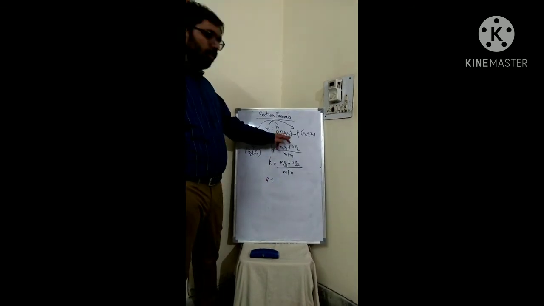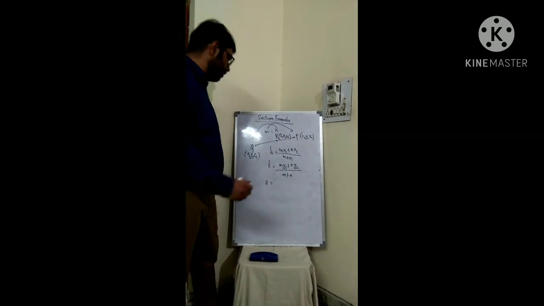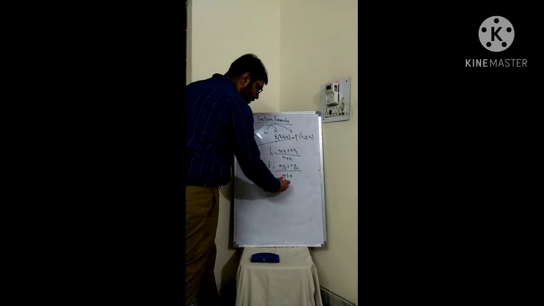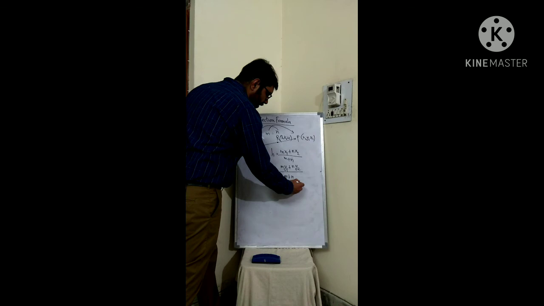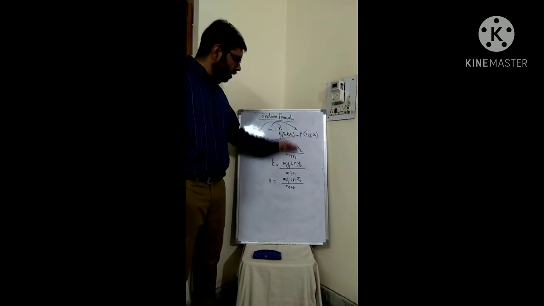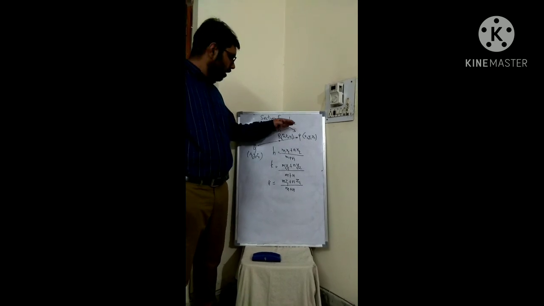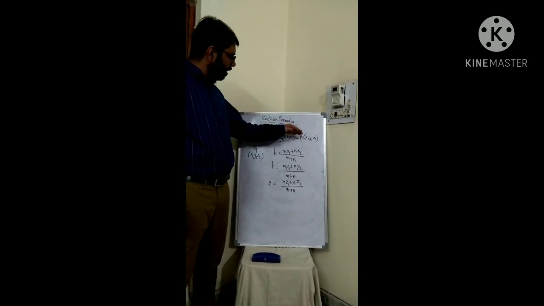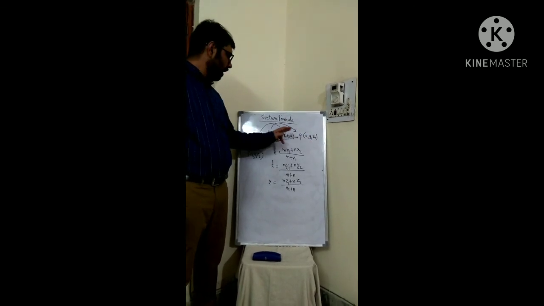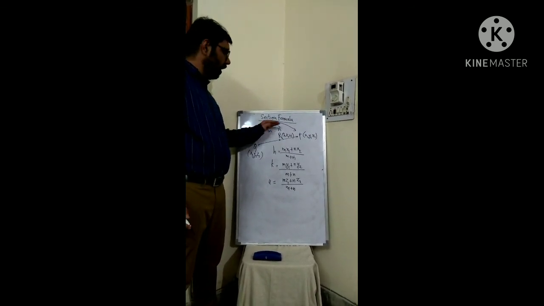And now if I want to find the z coordinate of R, which is u, same thing I'll do, I'll multiply m with the z coordinate here. So m into z1 plus n into z2 divided by m plus n. Okay. So this is a very simple formula. Just we multiply this value by the coordinates of the opposite points. So m will be multiplied with p, n will be multiplied with q, and then divided by the sum of m plus n.